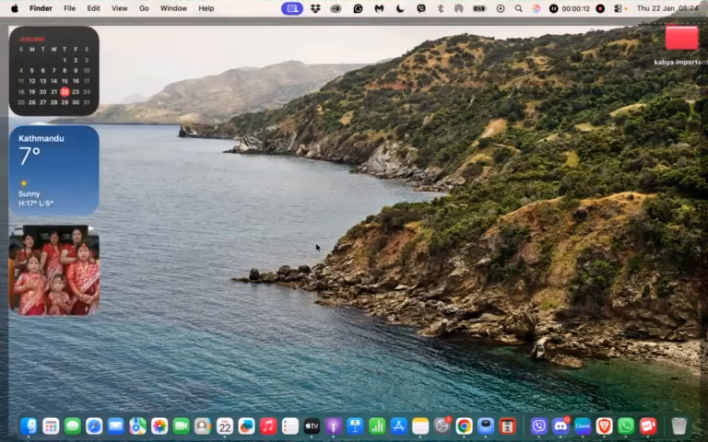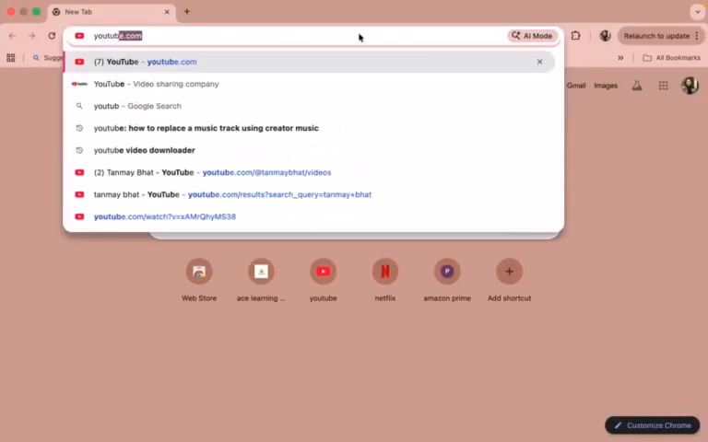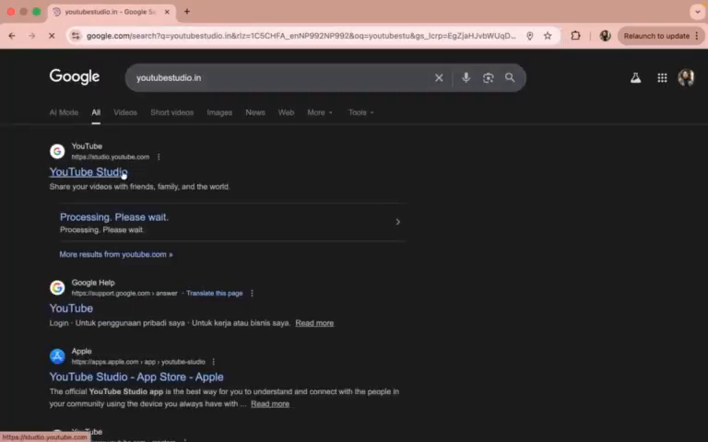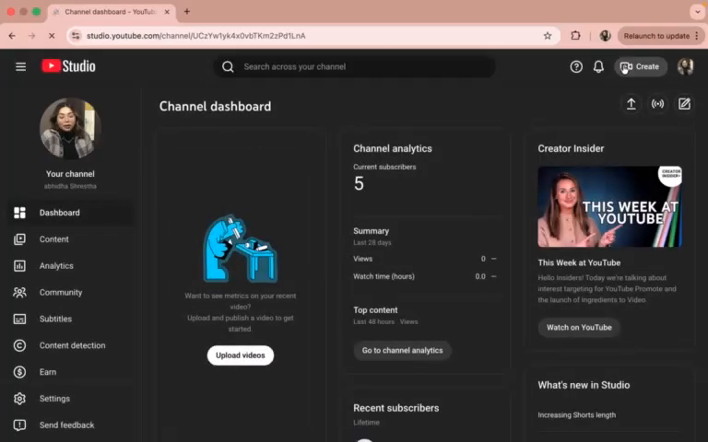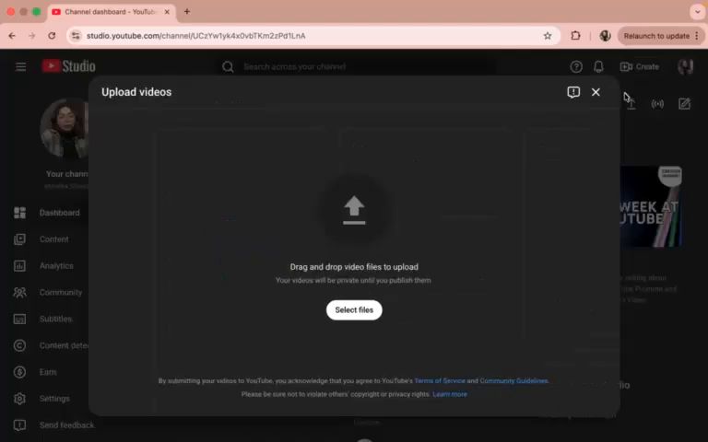So if you want to upload your YouTube Shorts from your PC, all you gotta do is simply go to YouTube Studio. Once you're in YouTube Studio, you need to log in to your account, and once you have logged in, all you gotta do is simply tap on the Create button. Once you tap on the Create button, you can simply go to Upload videos and tap on it,